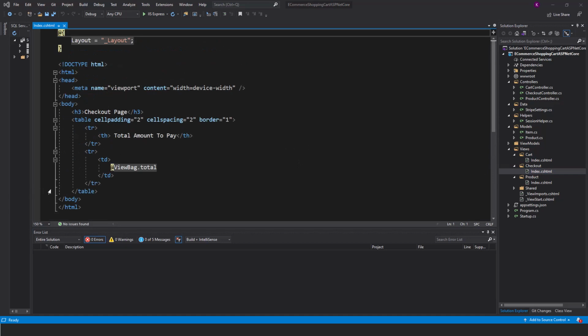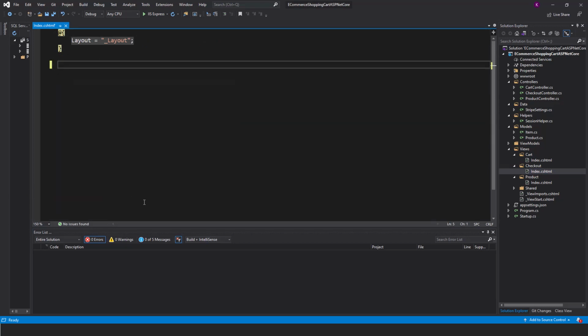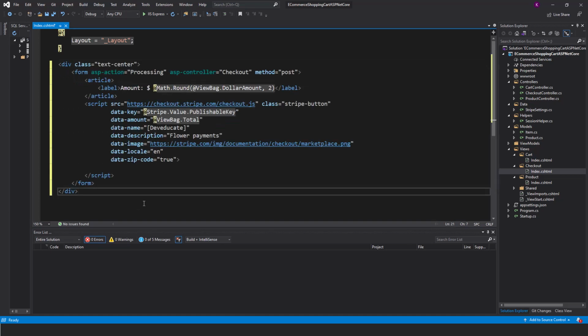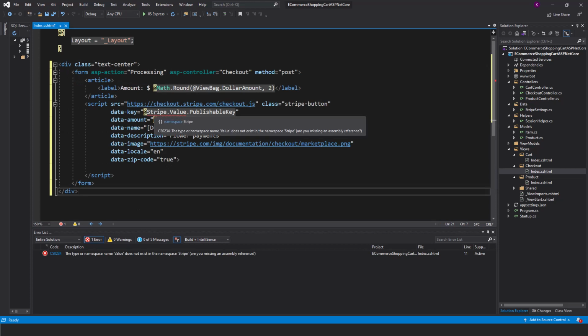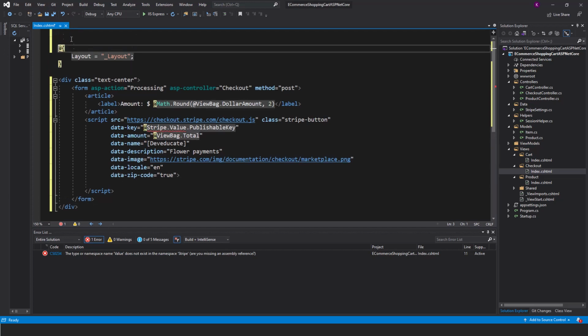Now what I will do, I'll just delete everything that I have written previously, get rid of them, and then paste something from my clipboard. Now I will explain. This is what I got from the Stripe documentation, and I'll have to inject a namespace and also a using statement to make it work. So let's just shift it down a bit, the layout, and then add